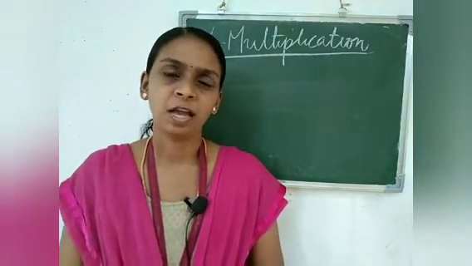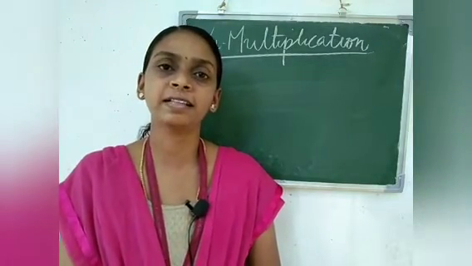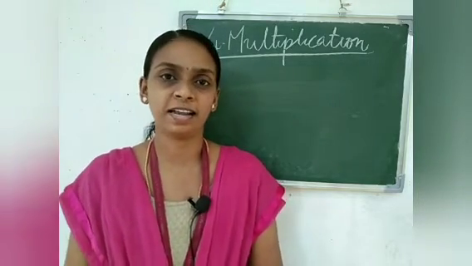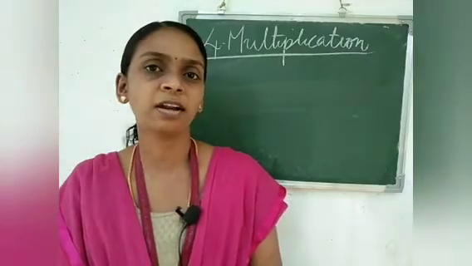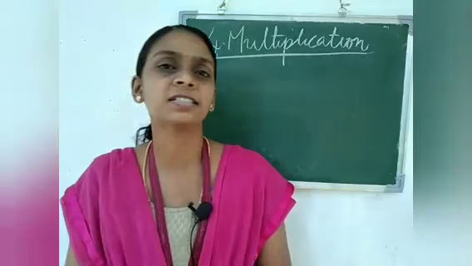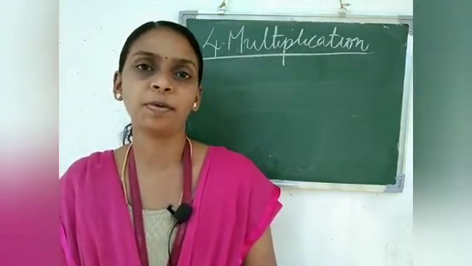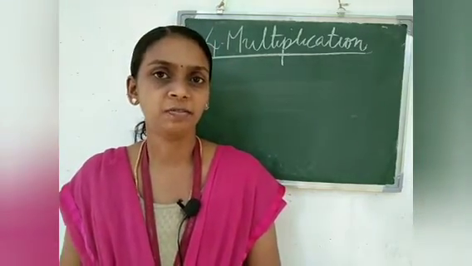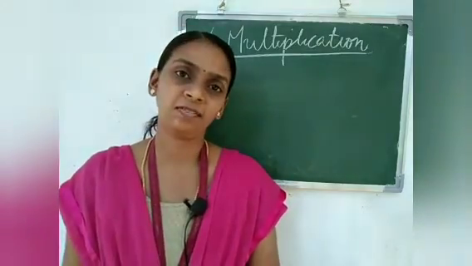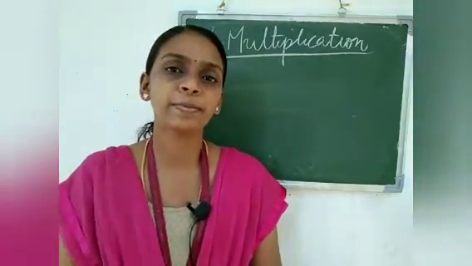Before that I will do some problems of multiplications regarding the multiplication tables of 1, 2, 3, 4, 5, 6 and 10. So I think all have forgotten how to do the multiplication, and I know all have forgotten the multiplication tables also. So to recall these, we will do some problems with respect to the tables 1, 2, 3, 4, 5, 6 and 10. We will do some problems to remind you how we do the multiplication problems.